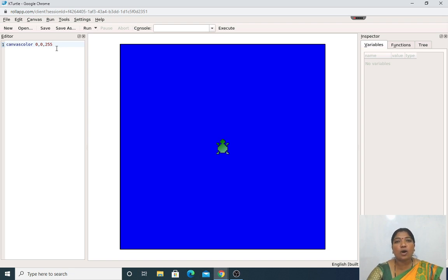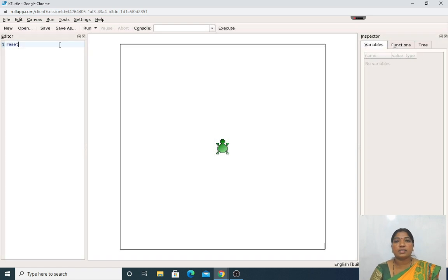The last topic in your 5th chapter is canvas size. Before going to the other command, what do we have to do? We have to make use of the reset button, that is RESET.